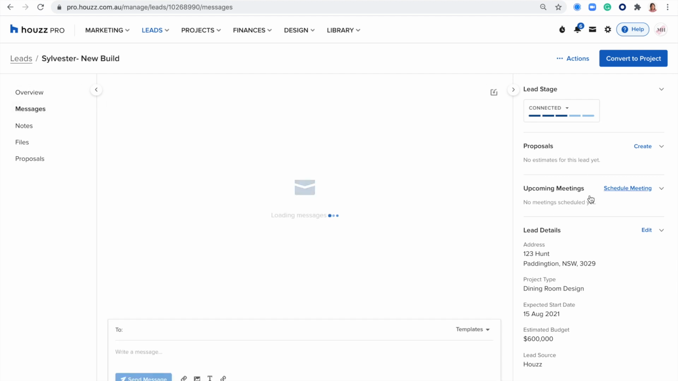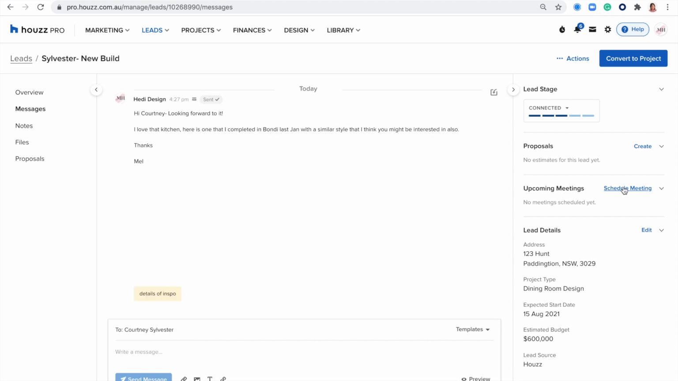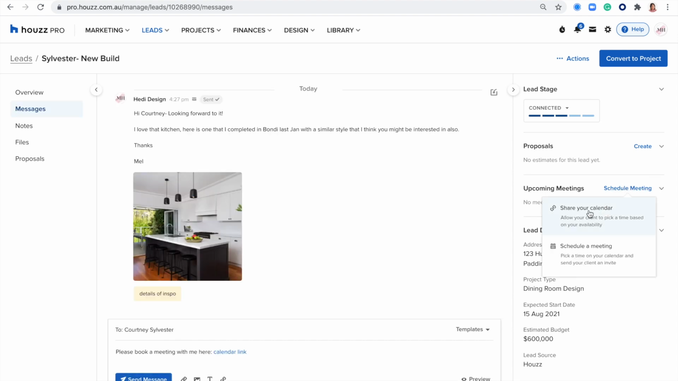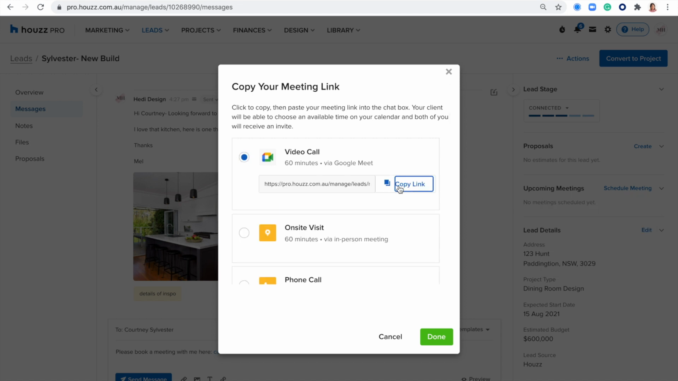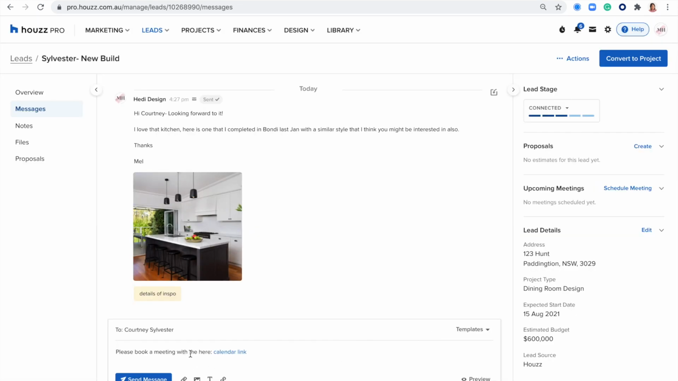On the right hand side, again, you can schedule meetings. So we linked our calendar, so we're able to share our calendar from here. We can select the meeting type, we can copy the link, and we can hyperlink this into an email if we like